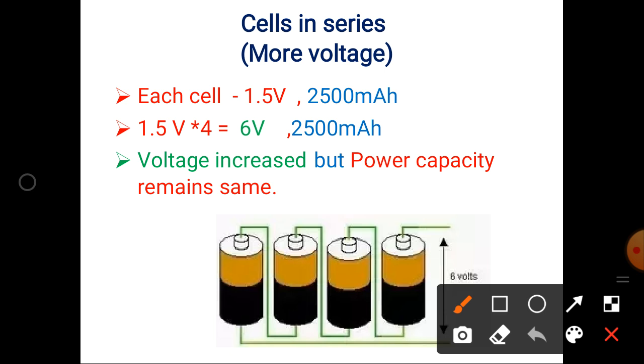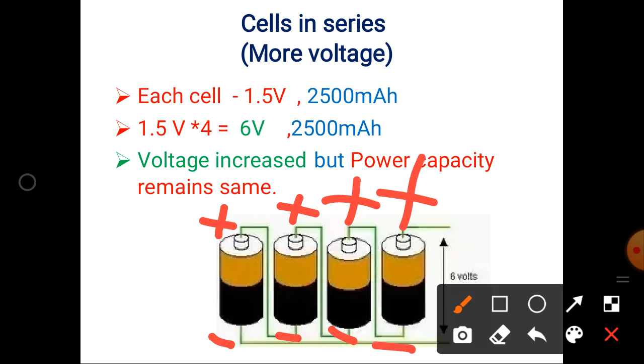So if the cells are connected, here see this diagram, this is the positive terminal of the cell and this is the negative terminal of the cell. This is positive and this is negative, and here this is positive and this is negative. So what is the series connection? The positive terminal of the cell will be connected to the negative terminal of another cell, and the positive terminal of that cell is connected to the negative terminal of another cell, positive connected to negative, that is end to end connection, and we are taking the one terminal outside, right? So this is called series connection. Positive negative, positive negative, positive negative are continuously connected, end to end connection, and this is called series connection.